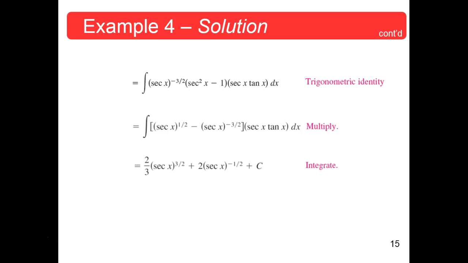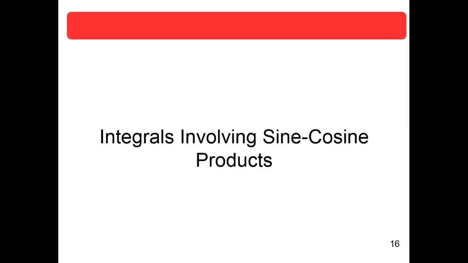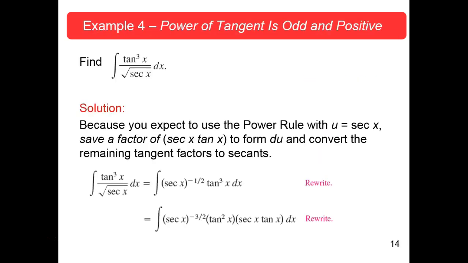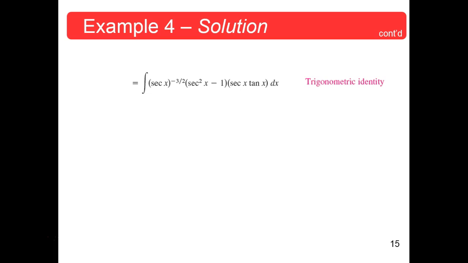Example 4. I turned the page and didn't realize it. All right, they're skipping to involving sine and cosine products. We're not there yet. We've got to do 5, 6, and 7. All right, so let's do